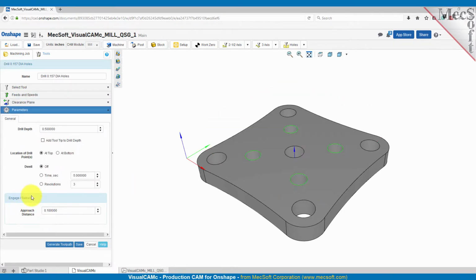Now for the parameters, for the drill depth, now the drill depth is going to be measured from where you say your selected geometry is. So the geometry I selected is at the top of the hole. So we're going to set this to at top. And the drill depth is going to be 0.157. That's the depth of our